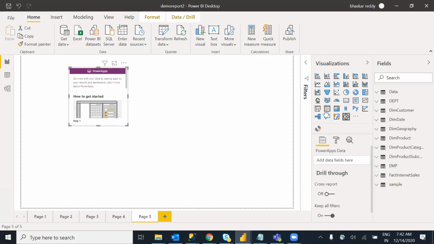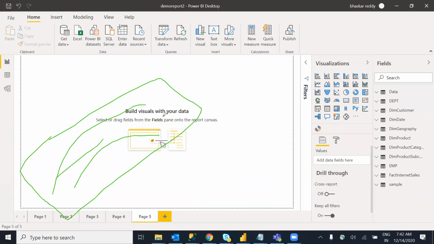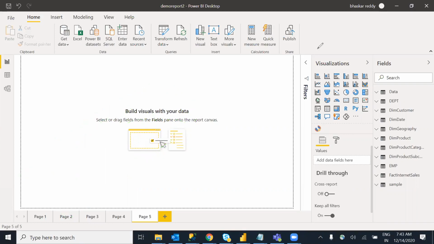For example, I have a map visualization and we have a filled map visualization. Filled map, just the area will be highlighted. In the map visualization, based on my measure, the bubble is coming. But I have two different destinations and I want a roadmap kind of thing, to show source to destination, a navigation kind of thing. How can I display that kind of information?